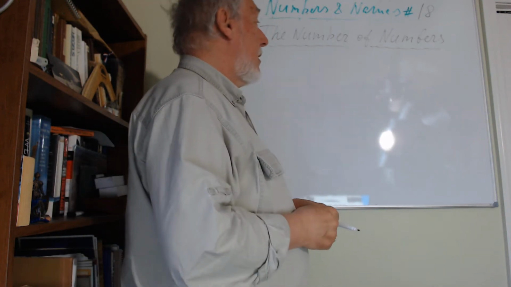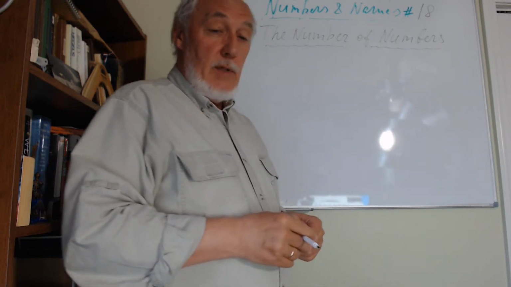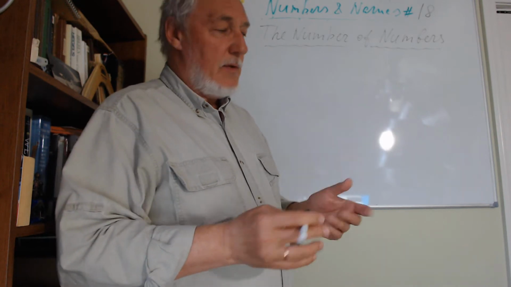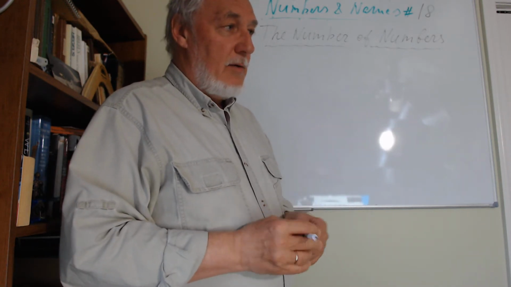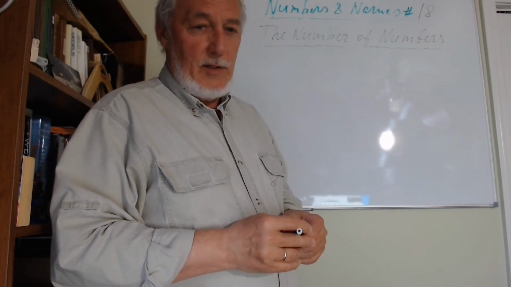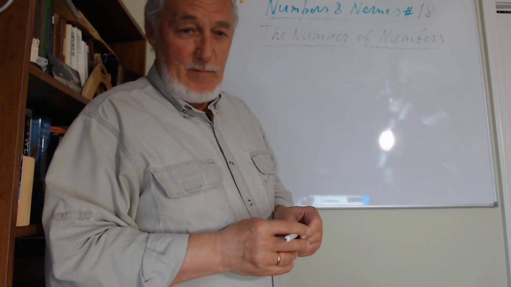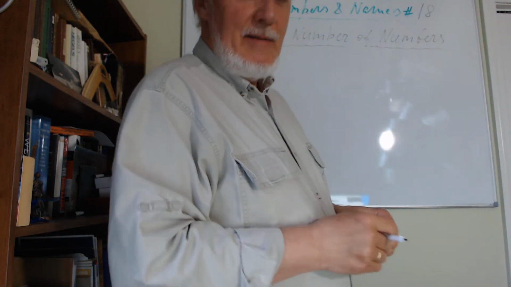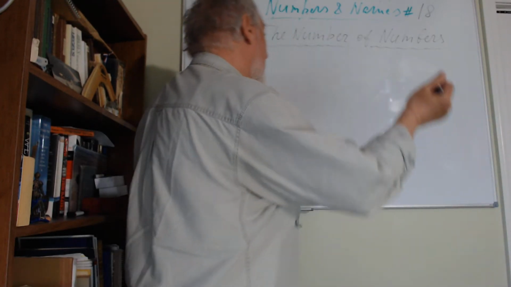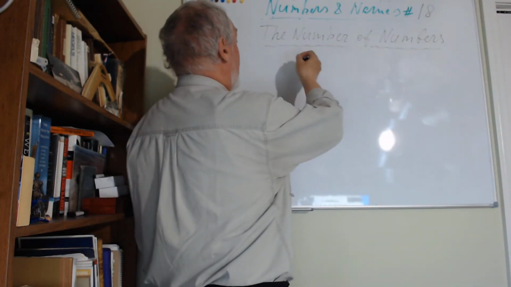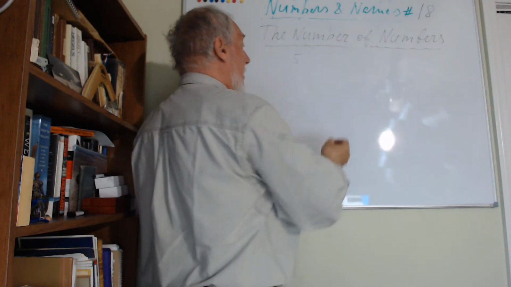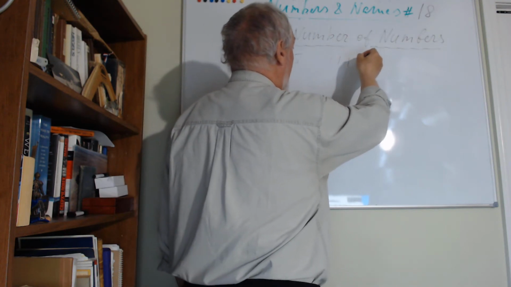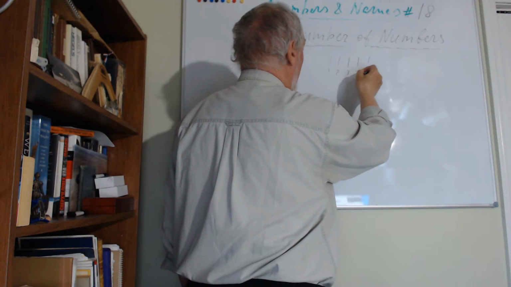So what is the number of the numbers? We have numbers in mathematics, different numbers. Can we count them somehow? What do you think? Any ideas how to do it? Okay, let's try a simple number, 5. Can we count the amount of ones in 5? 5 is 1 plus 1 plus 1 plus 1 plus 1. 1, 2, 3, 4, 5.